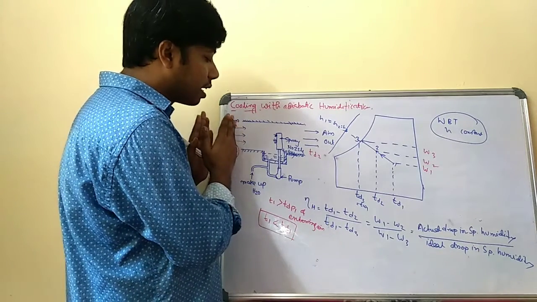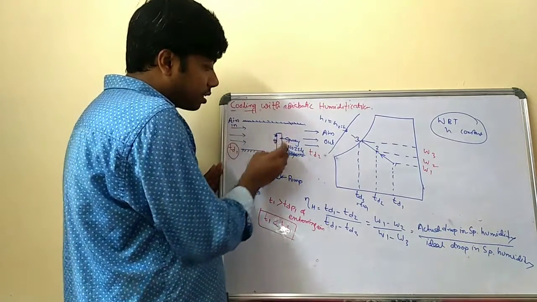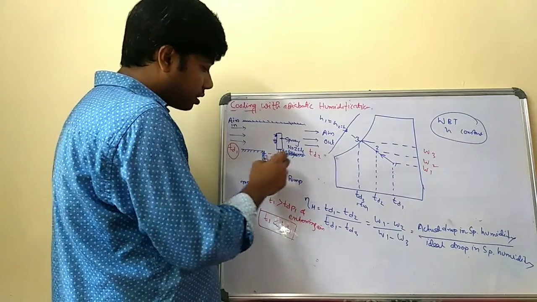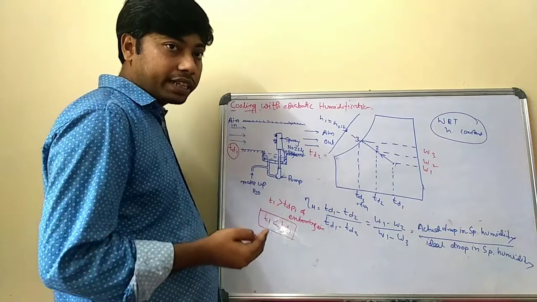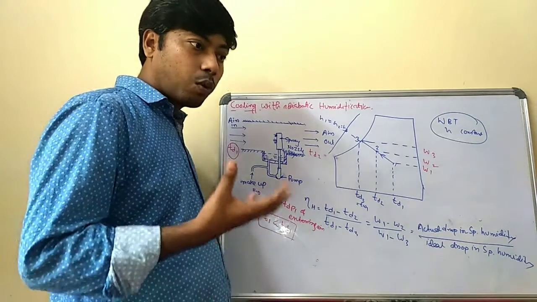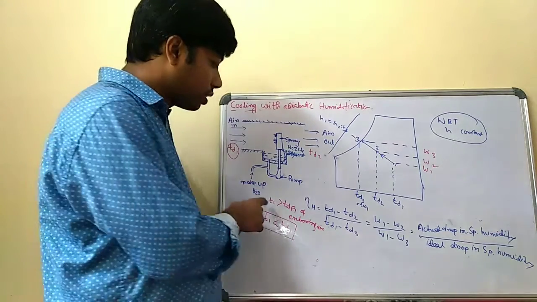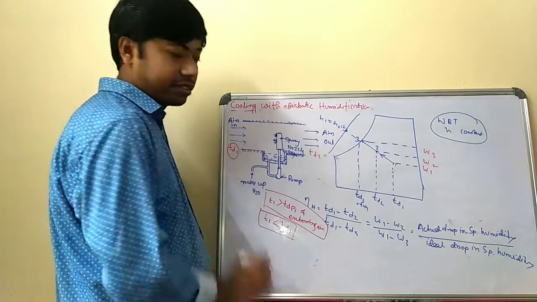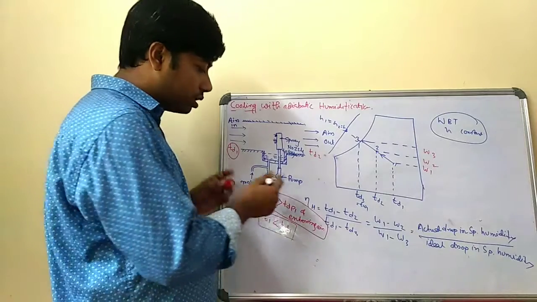So this is the entering air, and there is some dew point temperature for that air. In the spray nozzle the temperature is T1, and T1 should be greater than TDP1, so that there are chances of forming water vapor and the air can be humidified. For this condition, you get humidification. If it is not satisfied, then the humidification process is not possible with this arrangement.